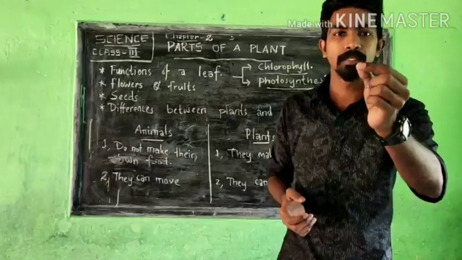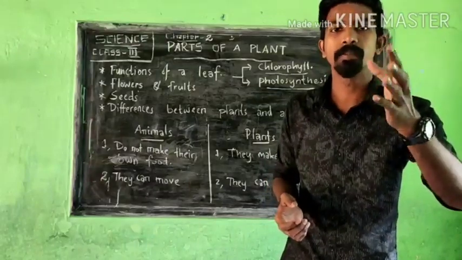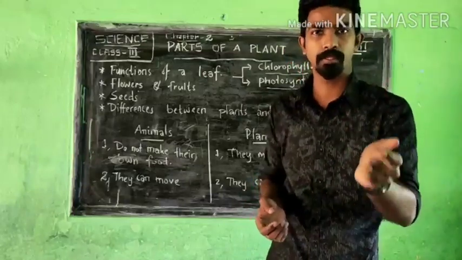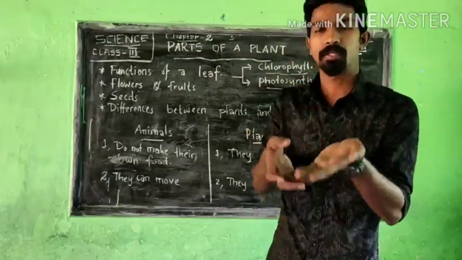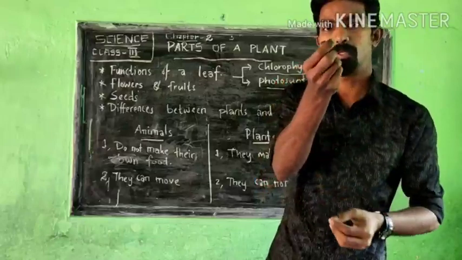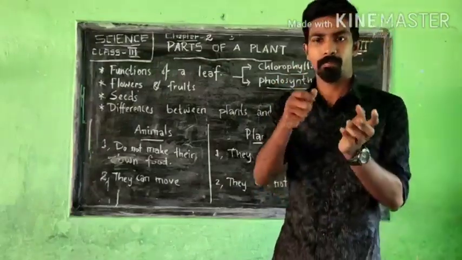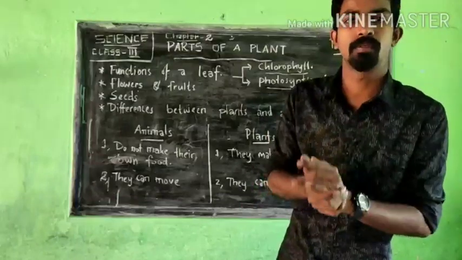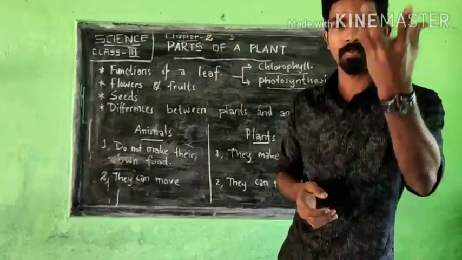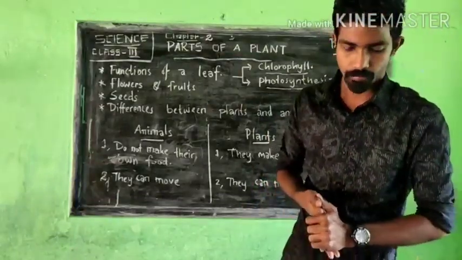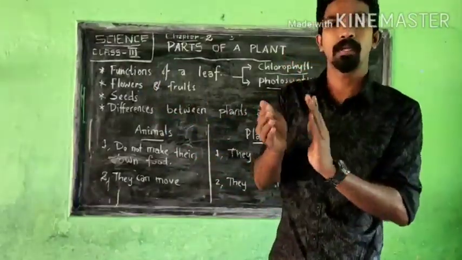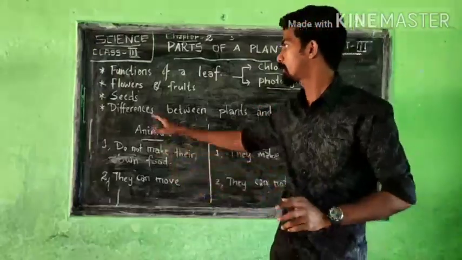Otherwise, you do one thing: take this chana or pea, maybe in your houses it will be chana or pea. You put it in water today itself, and tomorrow you take it out. You can see small seedlings coming from there. Now put it in the soil. After 1 or 2 days, you can see a small baby plant arise from that. So that is about the seeds. Without the seeds, a plant cannot grow.